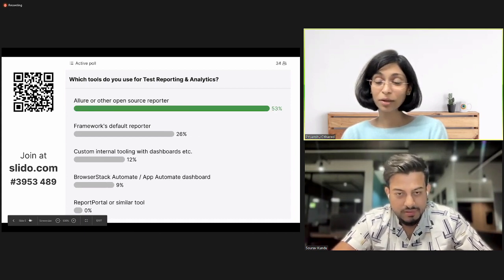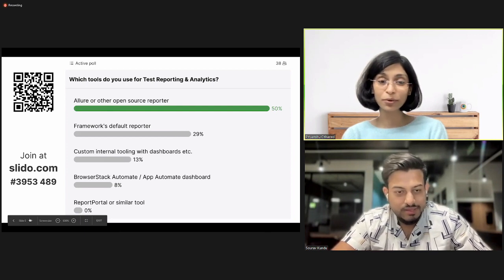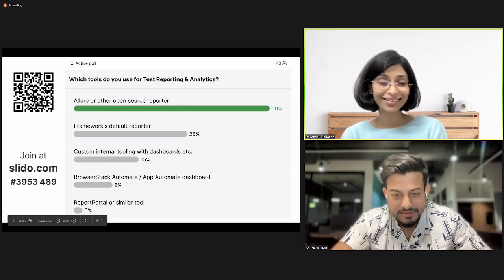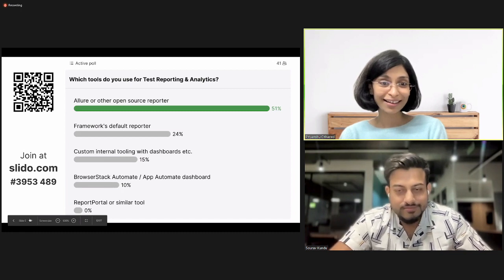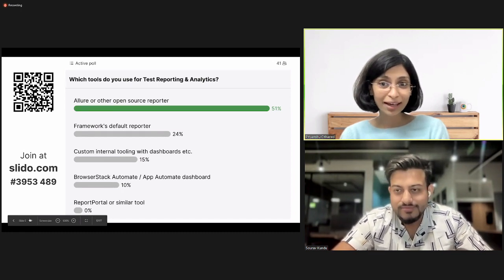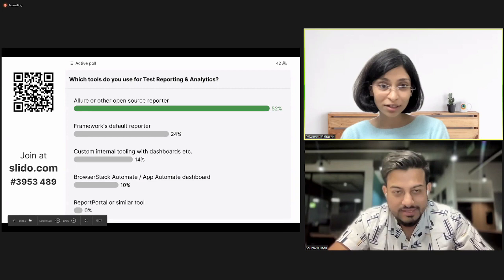Wow, so more than half of us are using open source reporters.